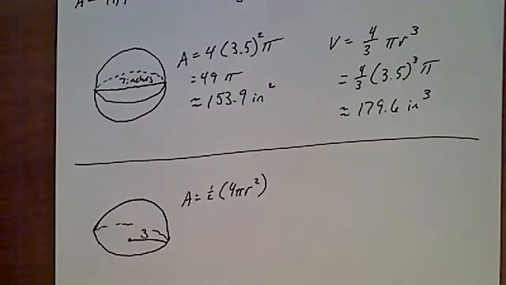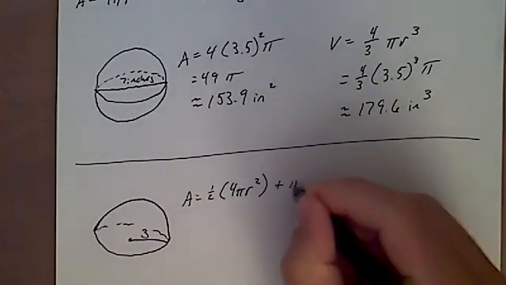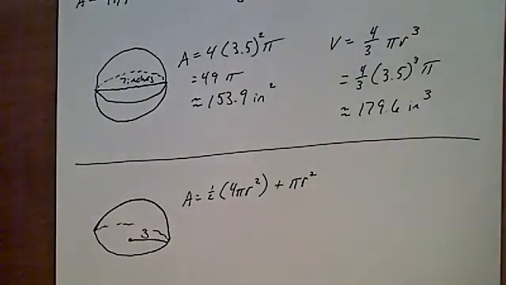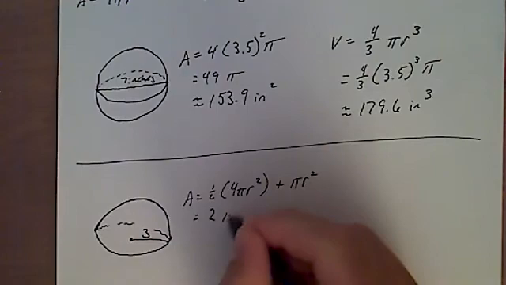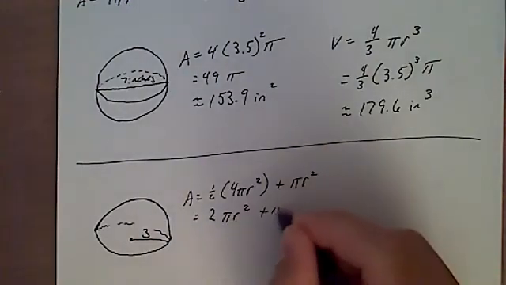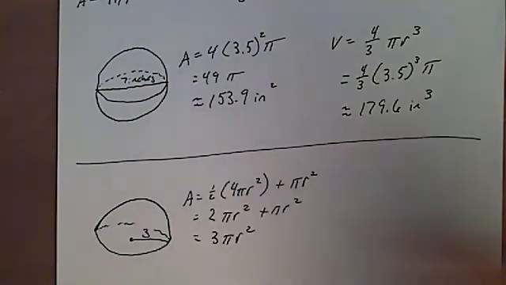Half the total area if this was a sphere, plus pi r squared, right? The area of the base. In other words, 2 pi r squared plus pi r squared. Well, that's just 3 pi r squared,